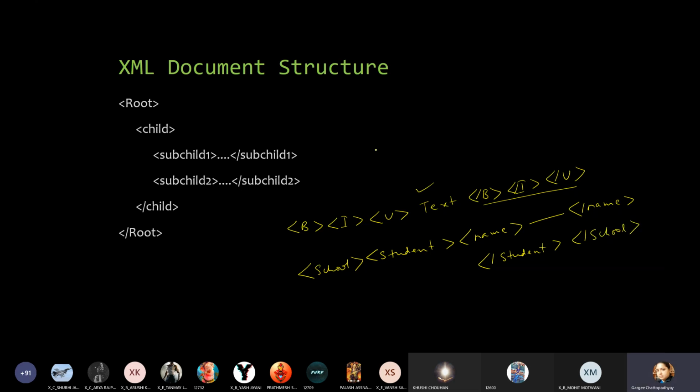Right? This is how you have to keep certain things in mind. So this is just a general structure. It is not always necessary that your XML document will be according to this only. Okay, there could be a definite structure which is used for solving your problem over there, right? But the general structure is this. You will always have a root, then you can have child, and child can have a subchild which also has a closing tag, and then child close, root close, right?